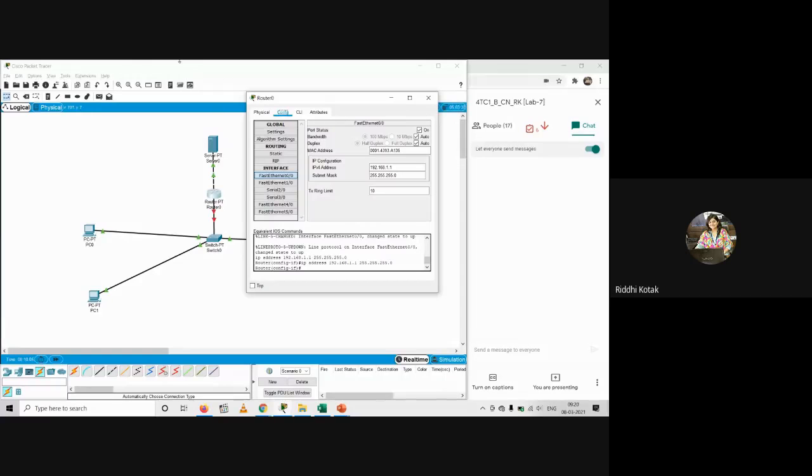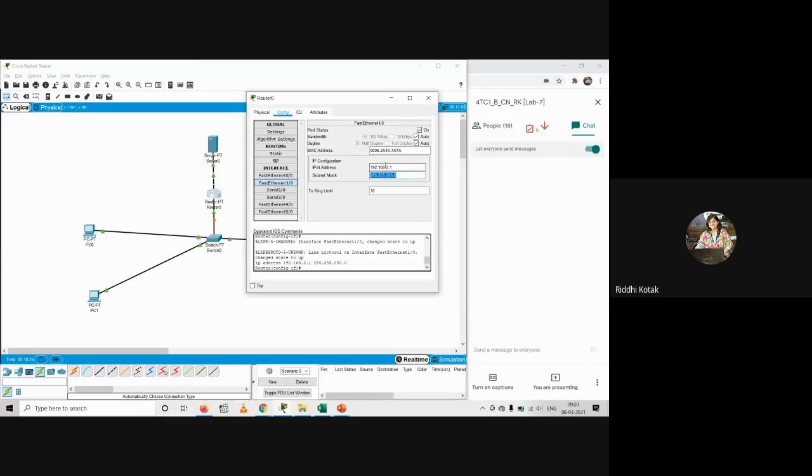Now close this window. Now you have to go to the FastEthernet 1/0 second connection. So click on that. Port status on. The value you have to write is 192.168.2.1 and then press the tab.